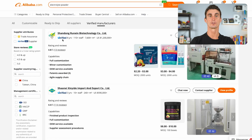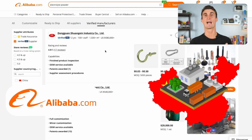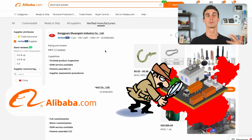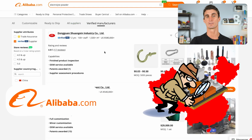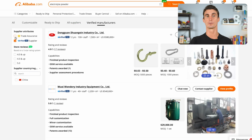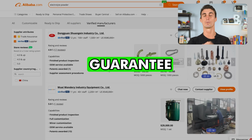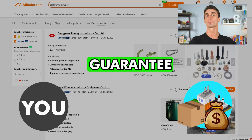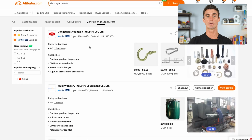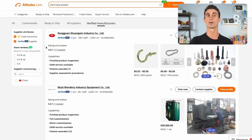The first thing is you're gonna always wanna make sure you work with a verified supplier. And to do that, you can click right here. And a verified supplier means that Alibaba has actually sent an inspector to their warehouse, their manufacturing facility, and verified that they're a legitimate business. The other thing you're going to want to do is click on trade assurance. This makes it so that Alibaba guarantees that when you send money to your manufacturer, you're going to get the products that you want. So now we have a list of different manufacturers that have trade assurance and are verified